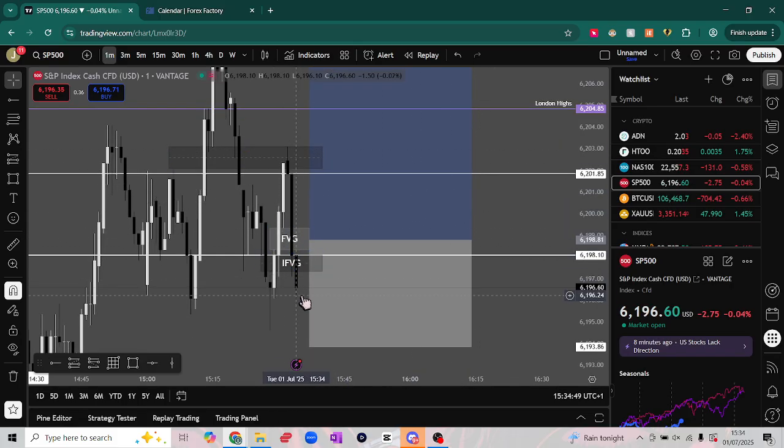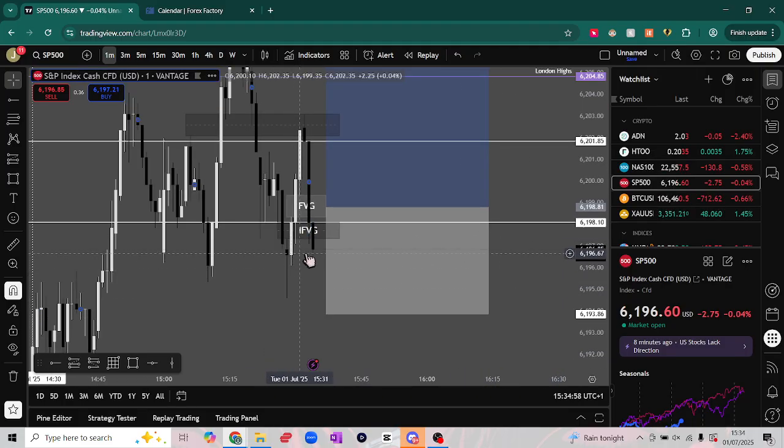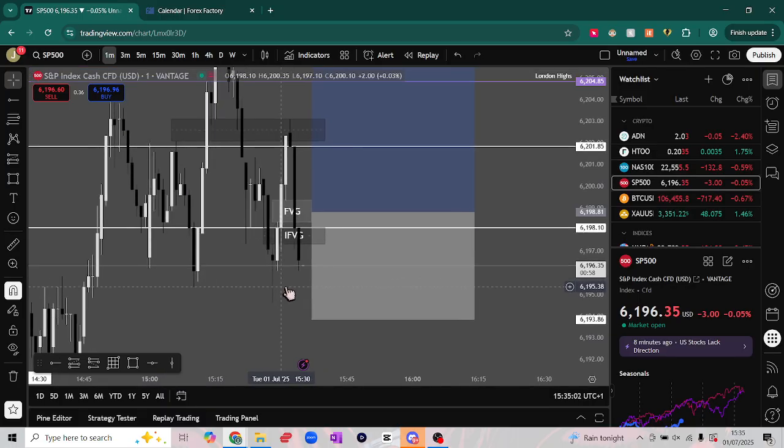Inversed this gap. Looks like we might inverse. Oh, sorry, we won't invert. We'll invalidate the inverse fair value gap, which is fine. We just keep waiting. We are within an order block here, so